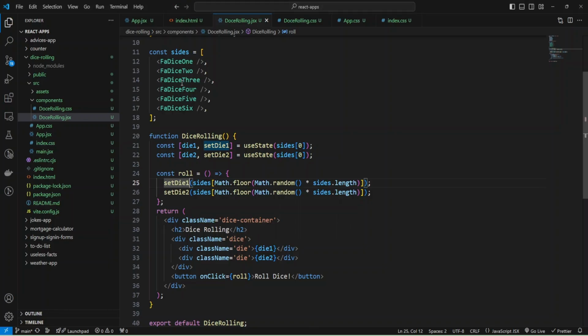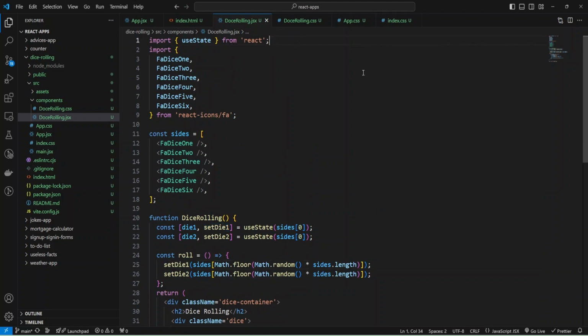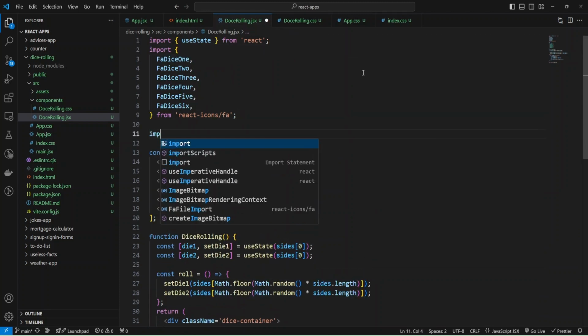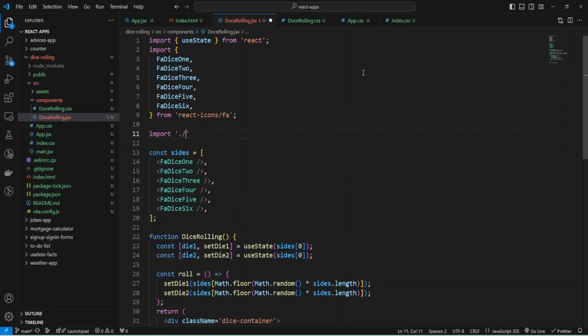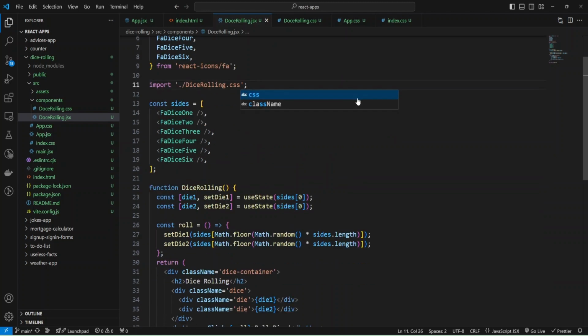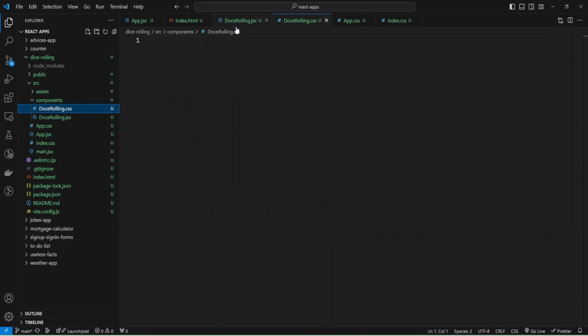And let's add some styles. First of all, I'm going to import my styles, import dice rolling CSS, and initially we need a style for our dice container.